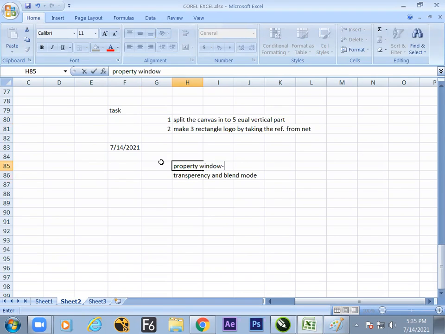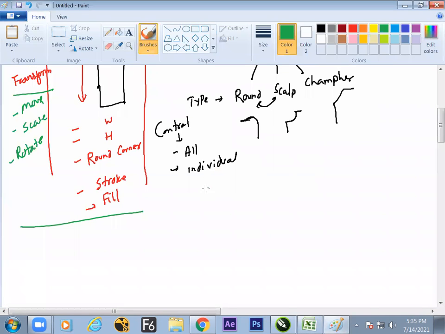What is the hotkey to open the property window or Docker? In Corel, the term is called Docker. What is the hotkey to open it? Alt plus Enter. Very nice. Wonderful, this will help a lot in future. Alt Enter, the faster you recite it, the more time you save, and time is money in this